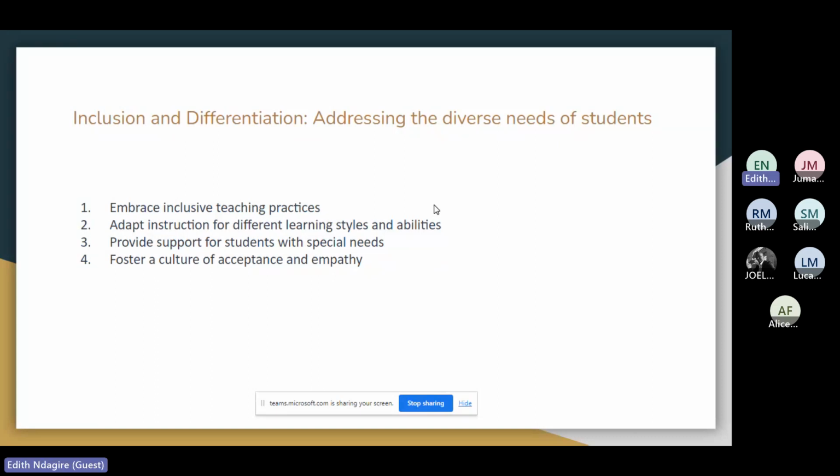And also we have inclusion and differentiation. In this, you're addressing the diverse needs of students. As a teacher trainer, you embrace inclusive teaching practices, and also adapt instruction for different learning styles. We provide support for students with special needs. That one I think we all know as teachers. We also have to foster a culture of acceptance and empathy. As I mentioned earlier, teachers are parents. So if we foster that culture of accepting everyone and having empathy for our students, we shall have the best classroom learning environment,